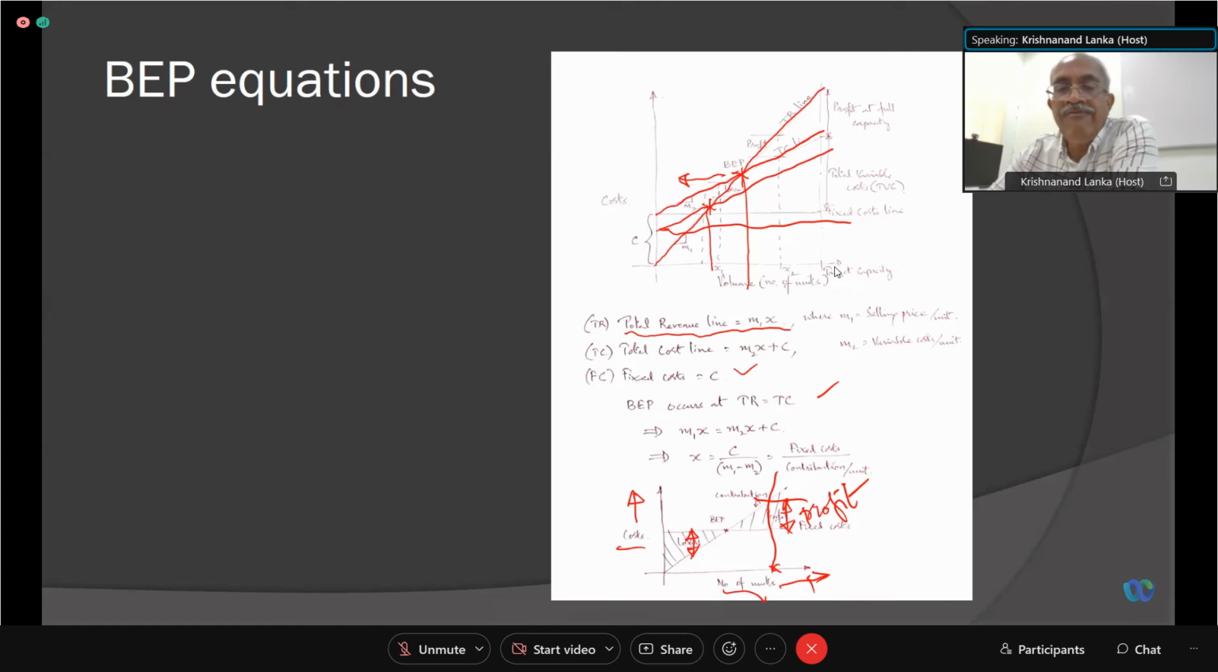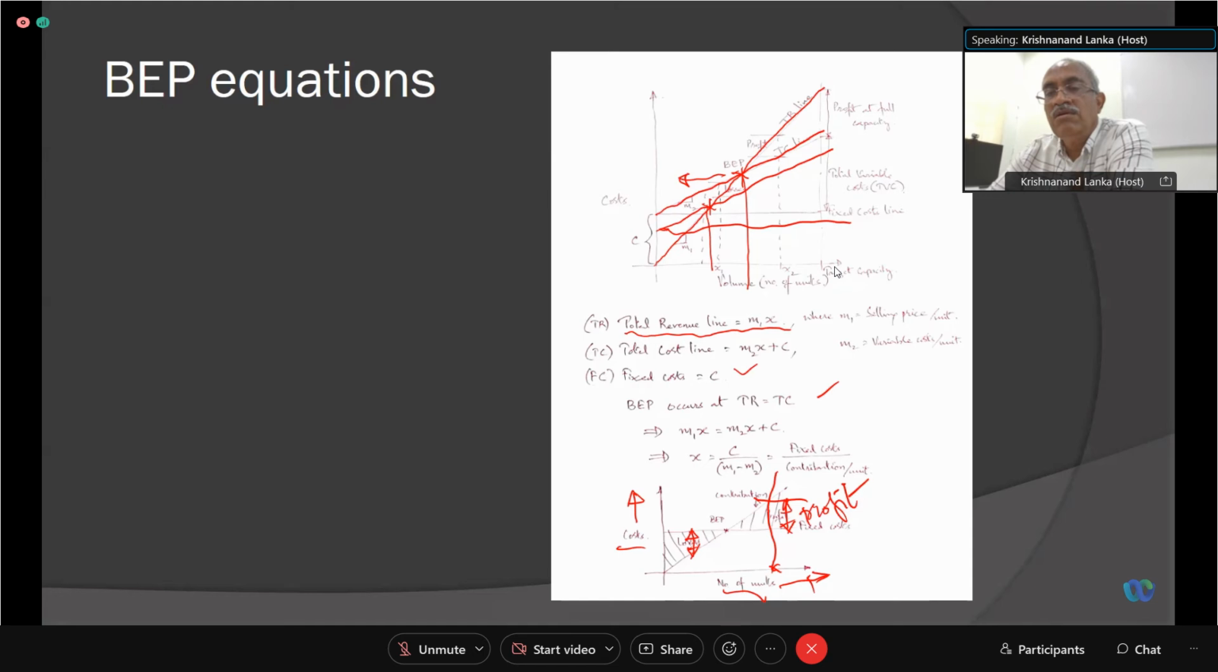So BEP, break-even point, occurs when total revenue is equal to total cost. That is nothing but M1X is equal to M2X plus C. So you solve for X and it comes to C by M1 minus M2. That means fixed cost by contribution per unit. That is why we call it contribution per unit, because it contributes to that margin. M1 minus M2 is nothing but your